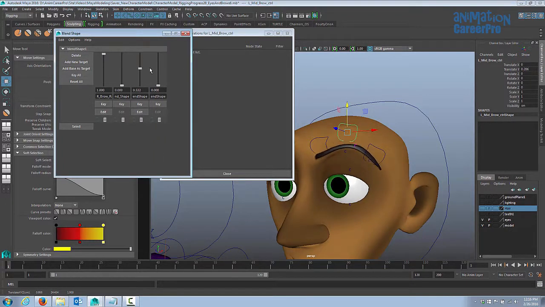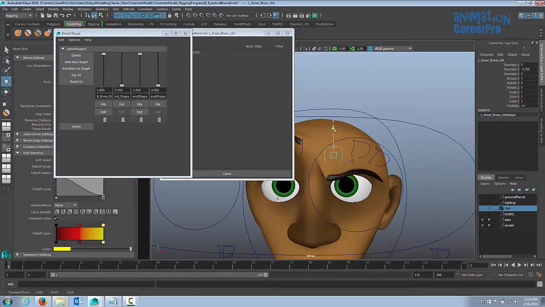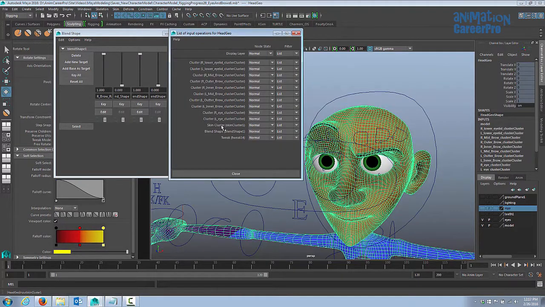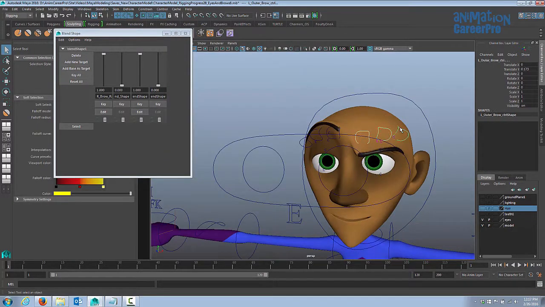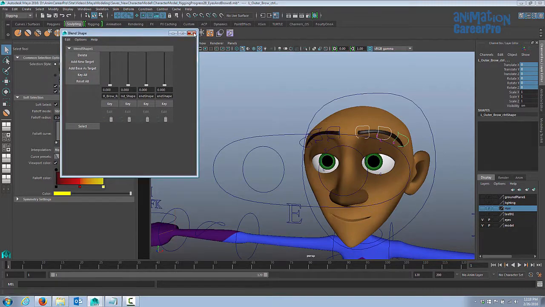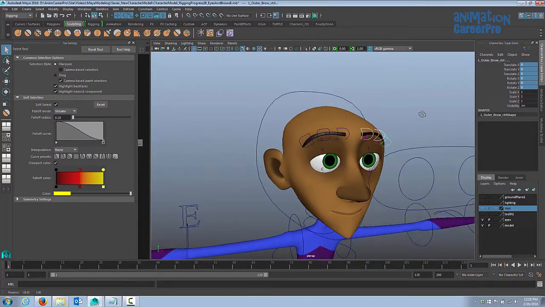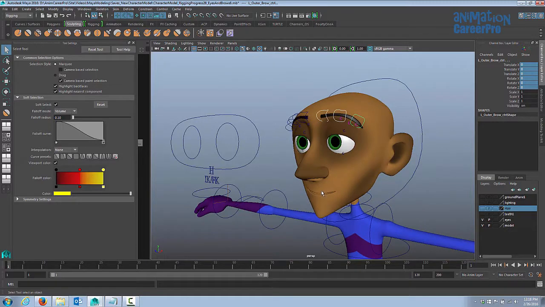So we can combine the blend shape movements with the cluster movements. It's great because we can get stuff that we couldn't get before. This should work just fine. We may need to move the skin cluster to the top later, but if we have any trouble, we'll adjust it then. Let's just shift select all these and let's zero these out. And I'm going to bring my blend shapes back down to normal. We're just going to close this up for now. We don't really need it anymore. We're going to use it in the next class when we rig the mouth.